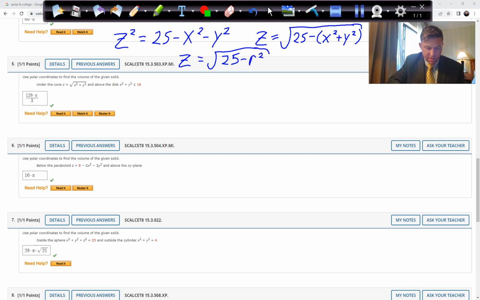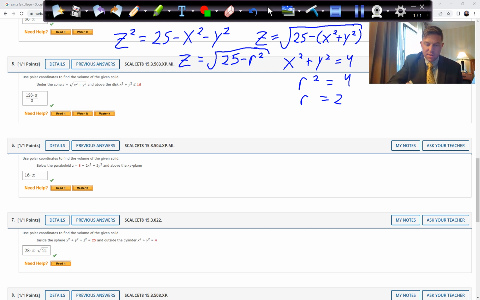So that's part of it. And outside the cylinder, x squared plus y squared equals 4. So x squared plus y squared equals 4. So that means r squared equals 4, or r equals 2. Now it says we want to be outside of, so